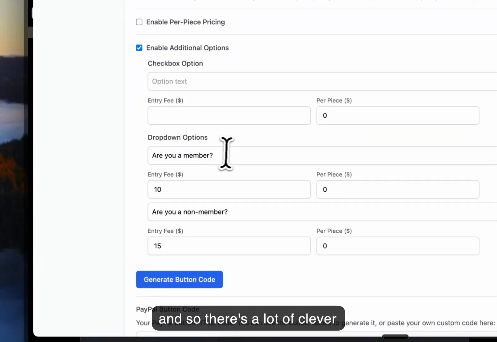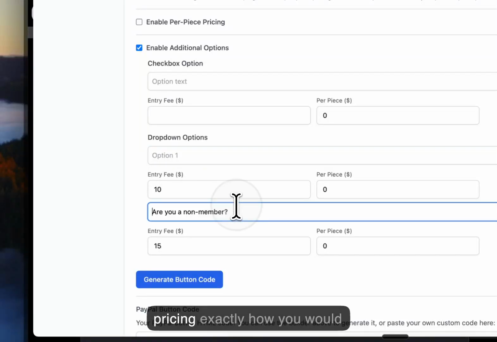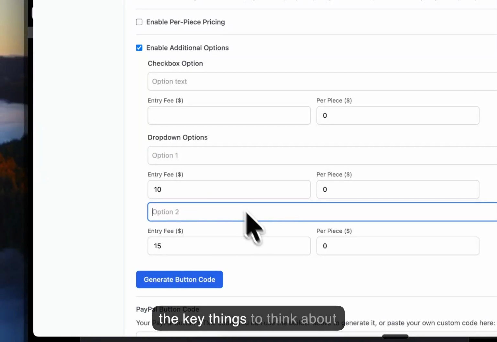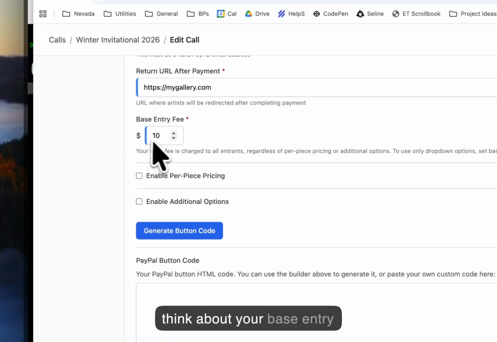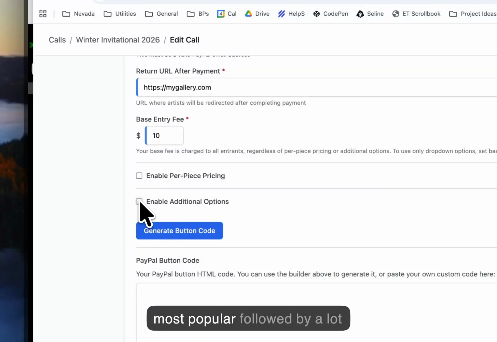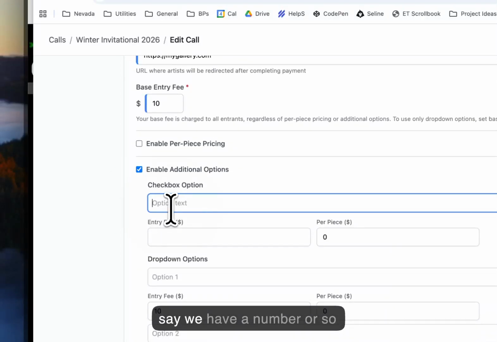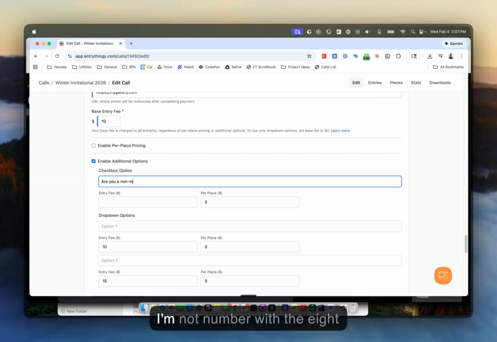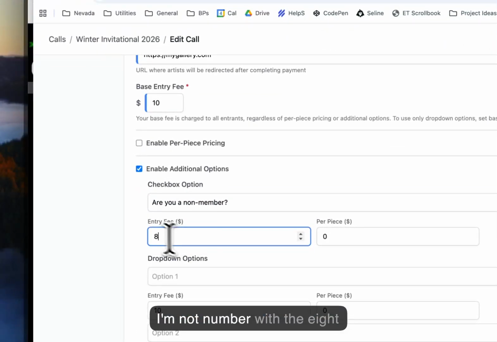And so there's a lot of clever ways you can set up the pricing exactly how you would like for your call. I would say the key things to think about: your base entry fee, and then from there, per piece pricing tends to be the most popular, followed by a lot of the checkbox options. And so in this instance, let's just say we have, are you a member? Or sorry, bad example, non-member. With the 8,